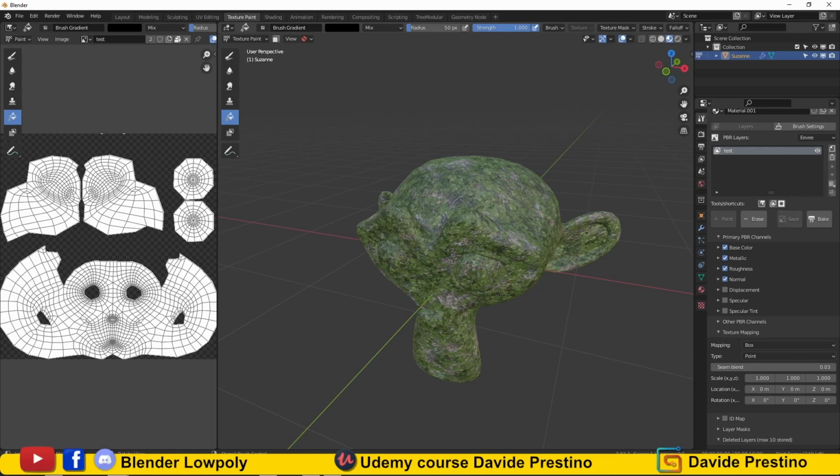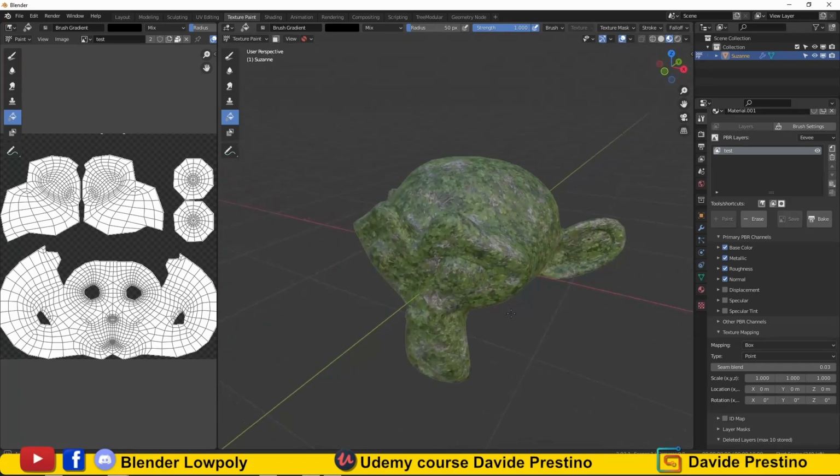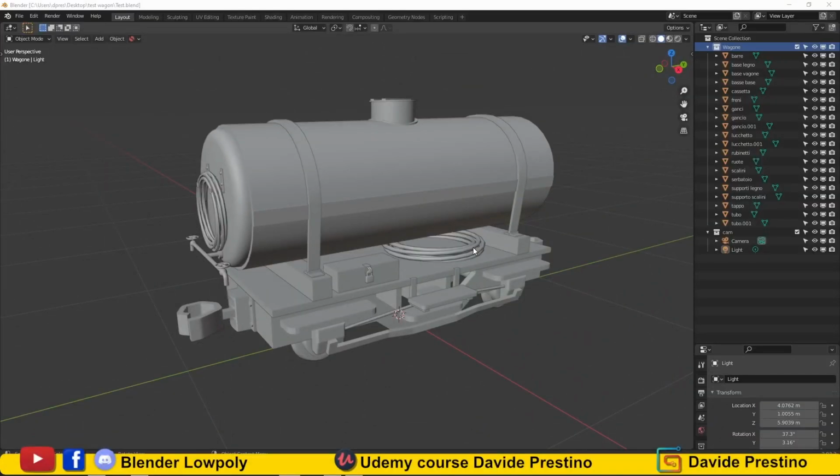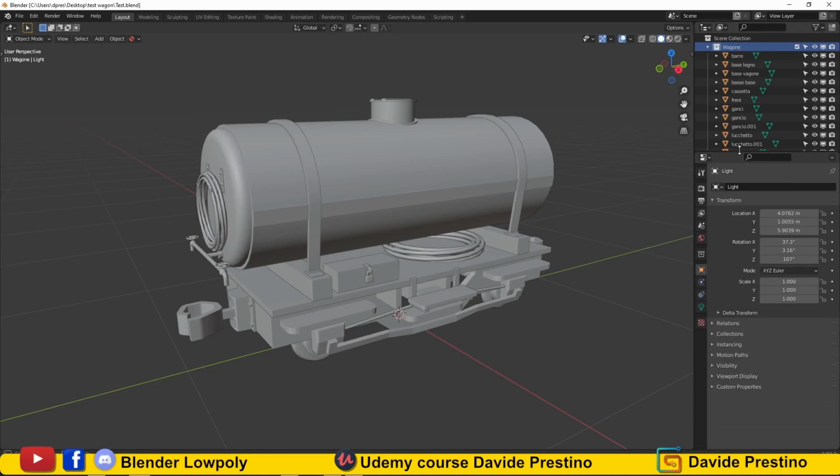In this tutorial I will try to use my workflow, which I use in Substance Painter, and I will use it on PBR Painter. We begin to texturize the wagon. I want to specify that I will not use the ID mask, but will use separate meshes, so I can concentrate on every single element, and at the same time I also avoid the limitation of Blender for multi-textures, because I find it more comfortable and practical. This procedure in Substance Painter it is not possible to do it. For this reason the ID masks are also used. In the end I will merge all the textures into one, and add the final effects.